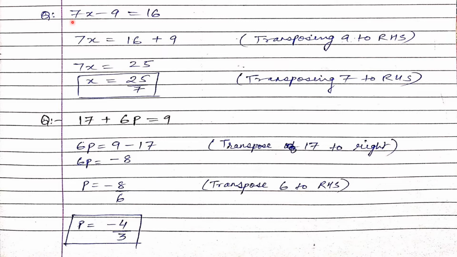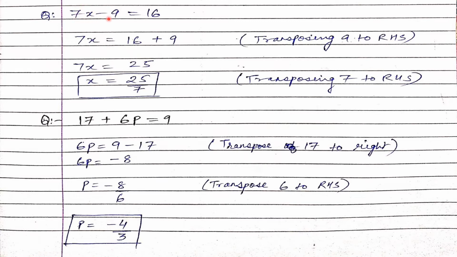In the last class, one doubt came: sir, why did you take 9 to this side first? Why not 7 to this side first? Okay, that was a very good question. Please understand this. There is a simple rule to solve such equations. You will see where the variable is. Suppose this is the variable, cover the variable and see which part is most away from the variable, or which can easily go away from it. If you see, 7 is close to x, so it will not allow 7 to go first. What it will do is send those which are less close to it.